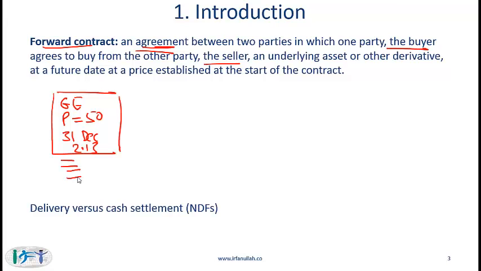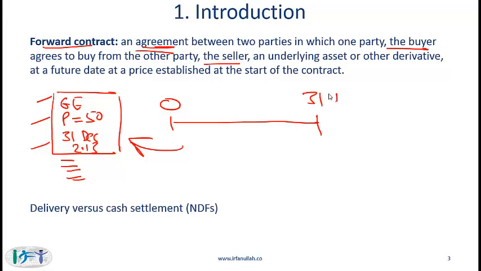And then there will be other pieces of information. But the name of the underlying asset or an identification of the underlying asset, the forward contract price, which here is $50, and the date when this contract expires. These 3 pieces of information are critical. So in other words, at time 0, two parties are entering into this contract. The underlying asset is one share of General Electric, and the transaction date is 31st December 2013, which is specified